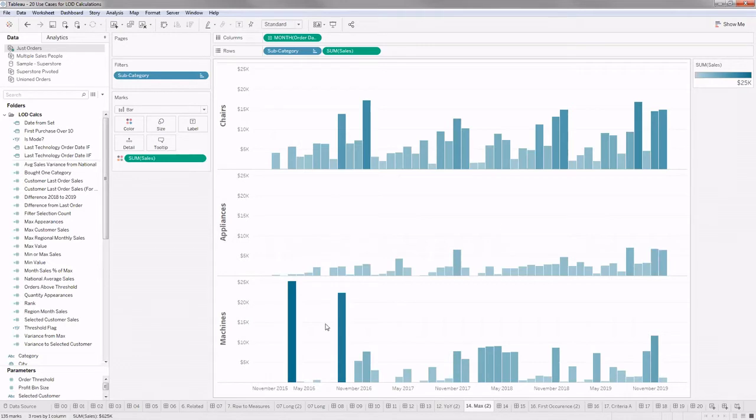What's currently happening is, of all the bars that we have on the screen, this one and this one are the highest, the top one and two. Now my color is being skewed by these two in some other subcategory, appliances. Because of these two, all my distinction of the color that is provided in this category is lost. What we'd be interested in is, I know my general appliances sales are low when compared to other categories, but I want to color these appliances bars with the highest in the appliances and the lowest in the appliances.